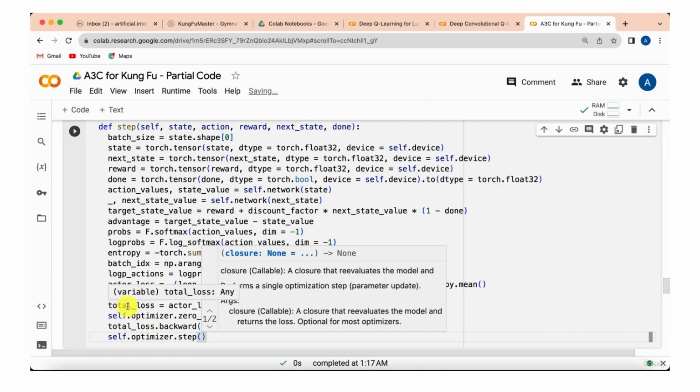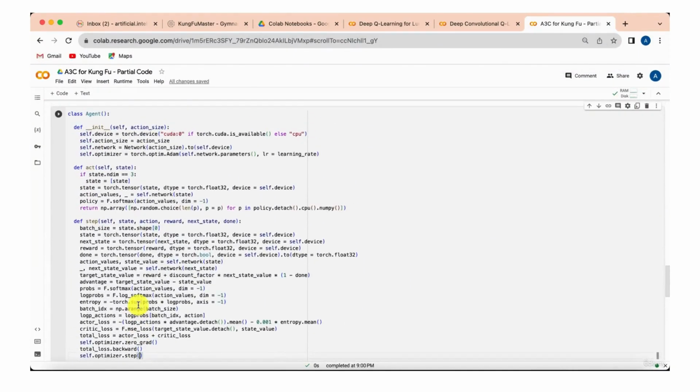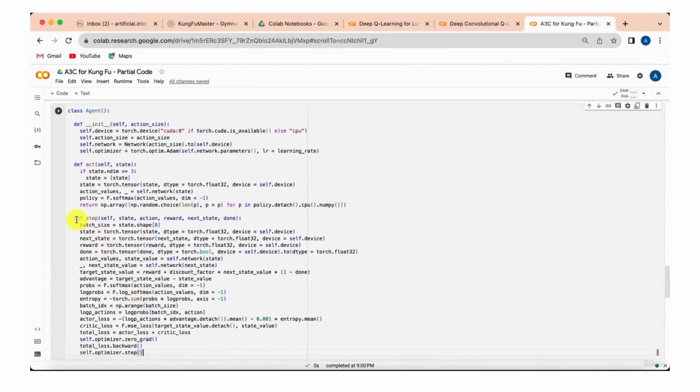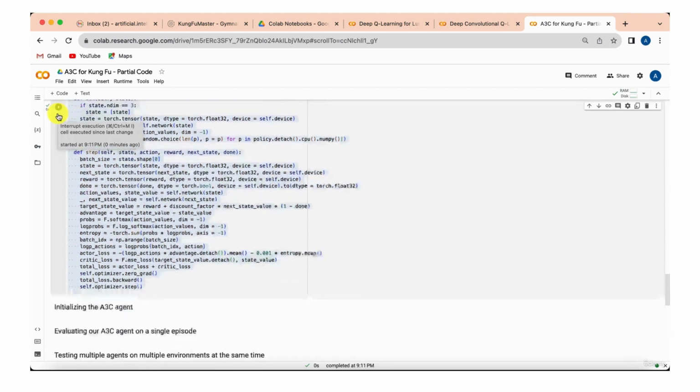And now, my friends, well, it is time for me to say huge congratulations, actually double huge congrats, because let me actually zoom out now so that we can have a look at what we've just created. Because indeed, I want to say a first huge congrats for having implemented the step method, but also another huge congrats for having implemented the agent class. Indeed, we're done. We are done with the agent class. We have our 3 methods that we'll need to perform the training loop. And so there we go. Let's immediately run this cell to have this model architecture of our class so that in the next step we